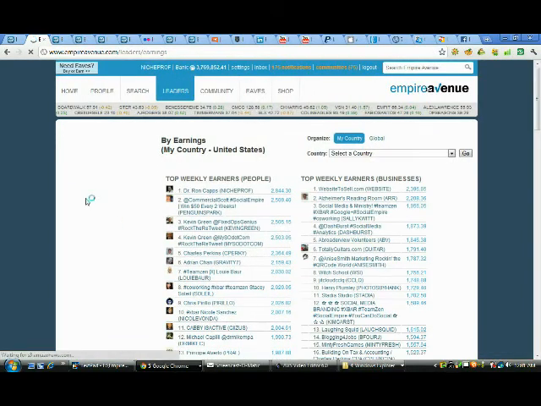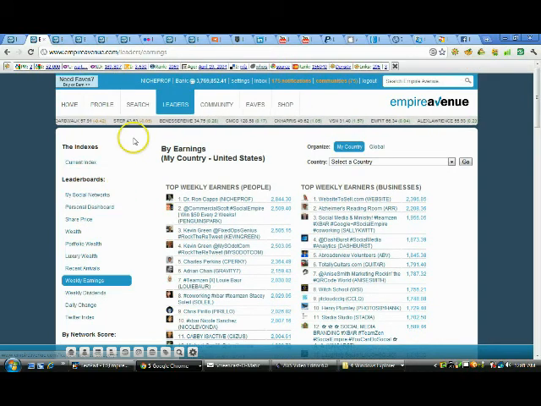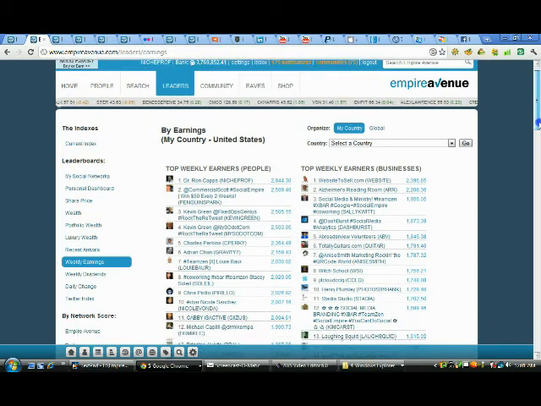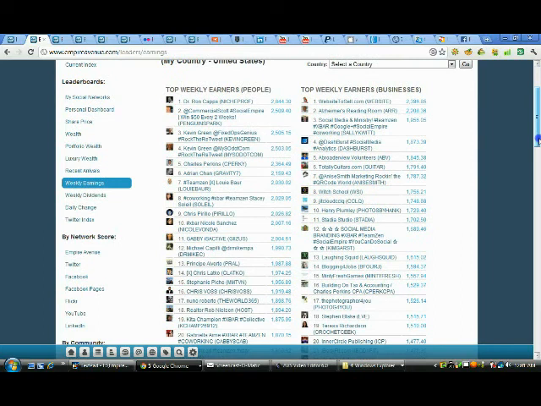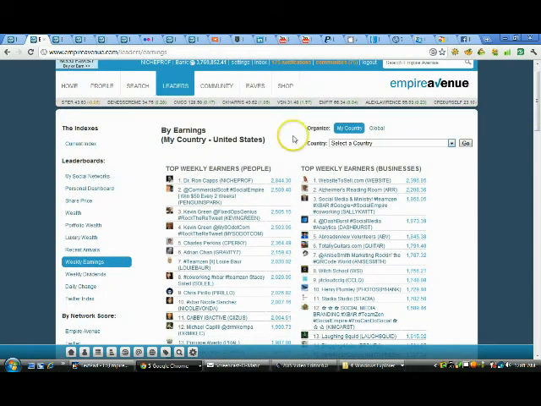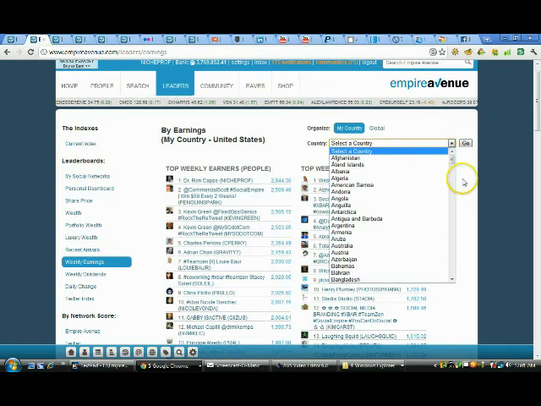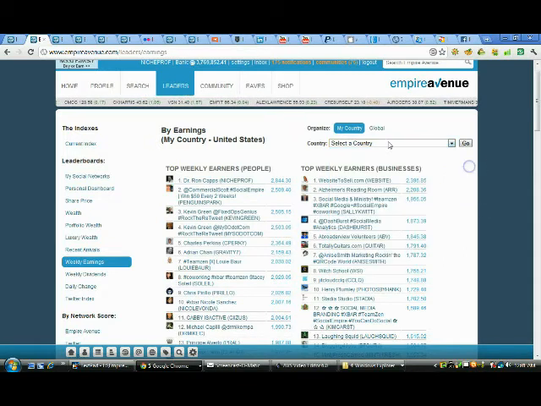Weekly earnings is something you want to keep track of. That will tell you who is earning the most money on the Avenue, and they break it down by country. Since I'm in the US, my default is the US, but I could essentially see any country over here if you want to find out, for example, if you live in Bahrain, where you rank in Bahrain. And you can also do globally, which would take into account all of the countries.